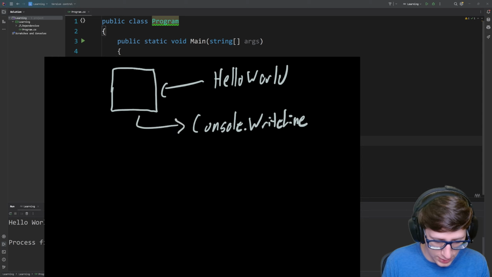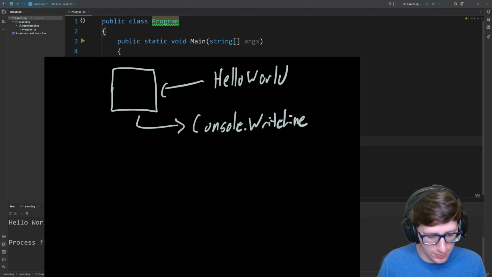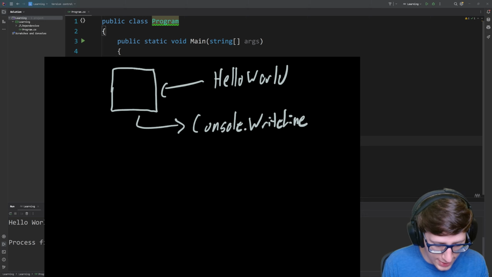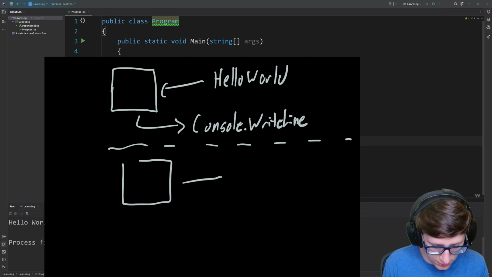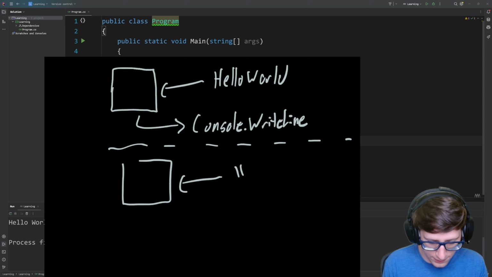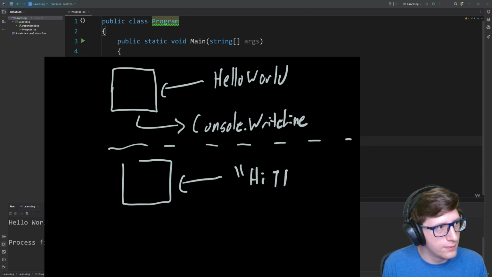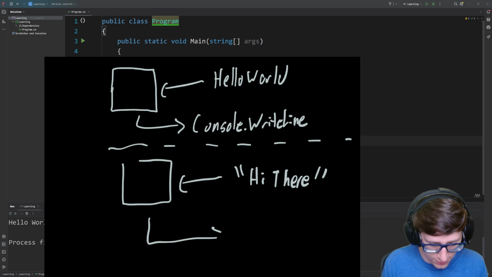So the box is going to go into console.writeLine and it's going to output hello world. Then we are going to get the same box and we're going to put hi there inside of it. And then once again, we're going to give the box to